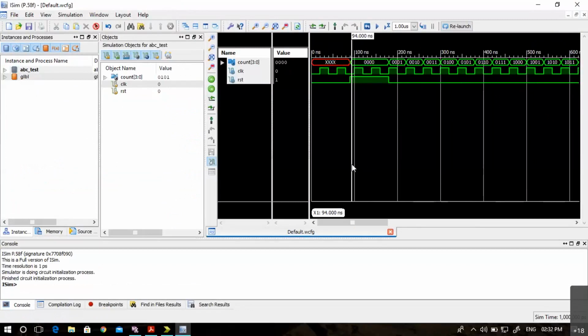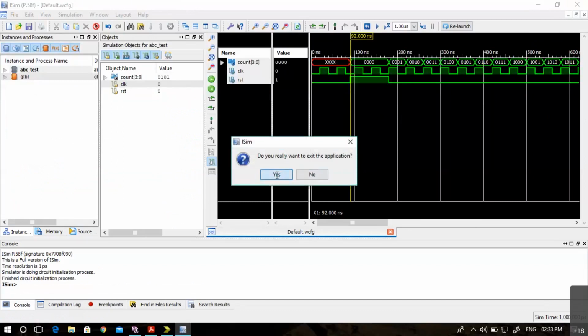So here you can see reset is asynchronous because when reset has gone high, output has become 0. Reset is not dependent on clock. So now this is an asynchronous binary counter. So let me close this window.